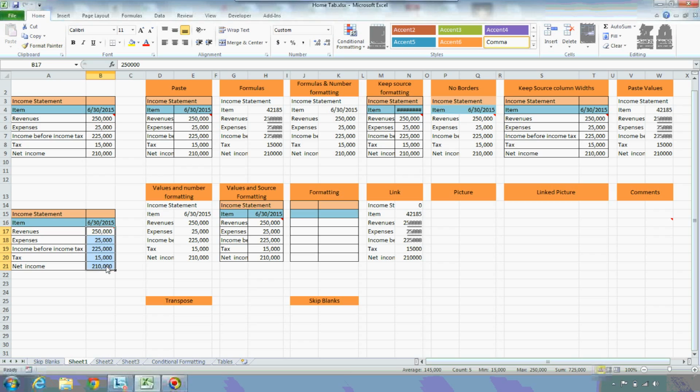Release your mouse. Now if you observe, the same format has been copied from source to destination. See, the same format, everything has been copied. Here it is available with comma, here it is also available with comma. Like this, it can be copied from source to destination. This is only related to format painter.